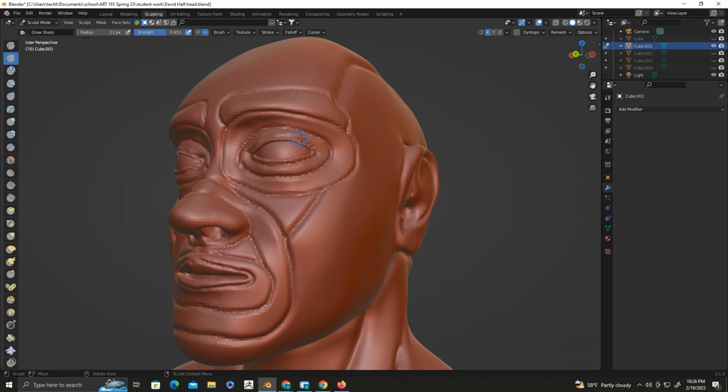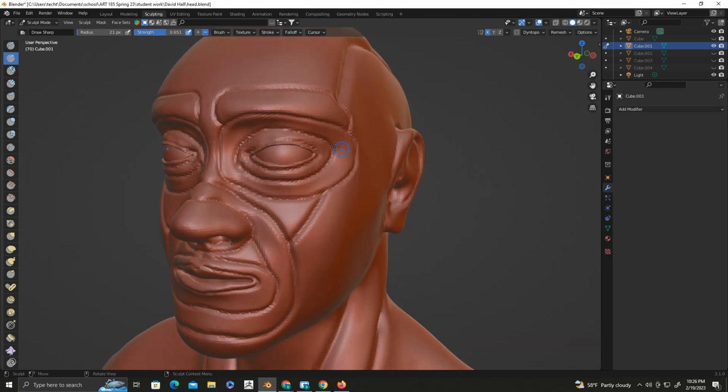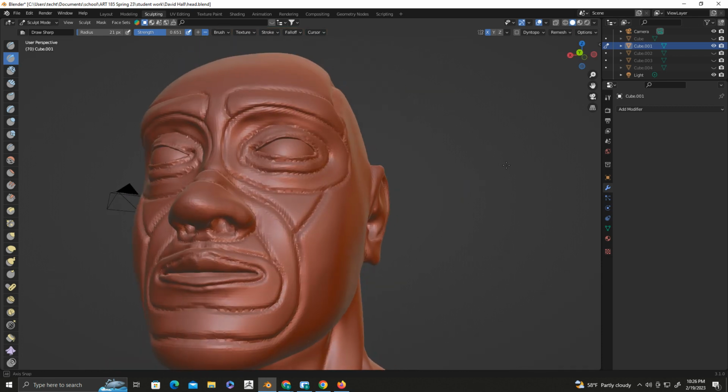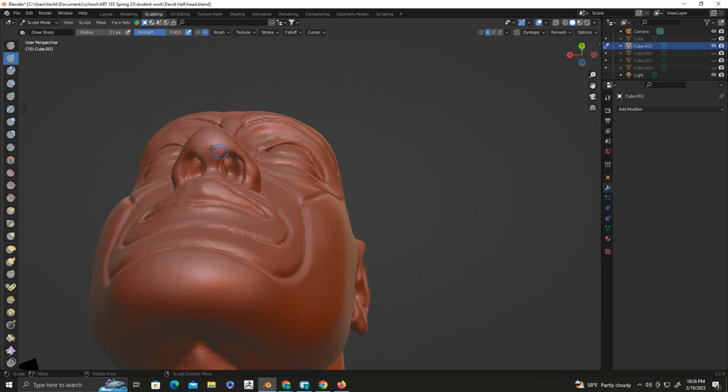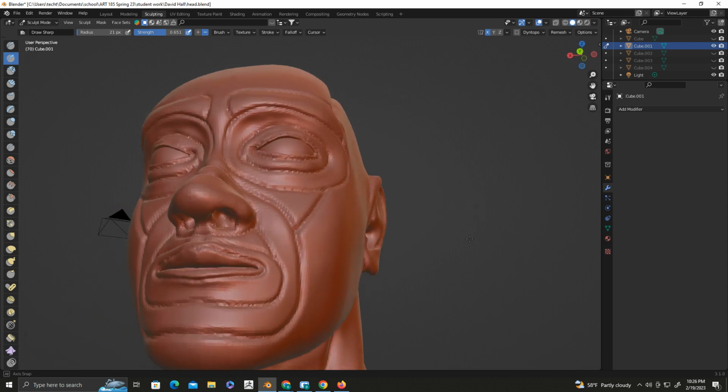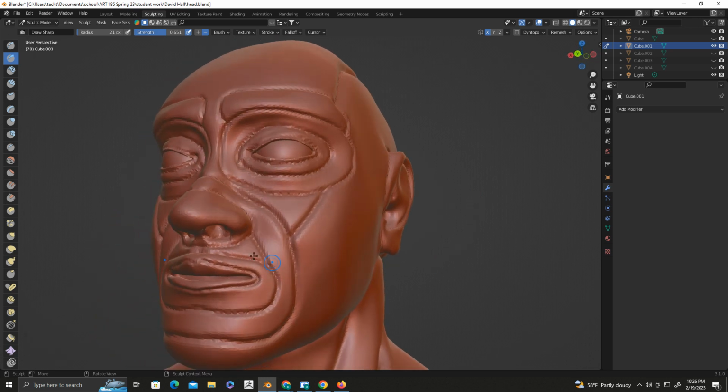I put an edge right here around the edge of the eyelid. I put another one here where the eyelid meets the eye socket. I put another one here around the eye socket. I put one here around the edge of the nostril. The edge of the nostril that you had here could have worked, but I added to it because